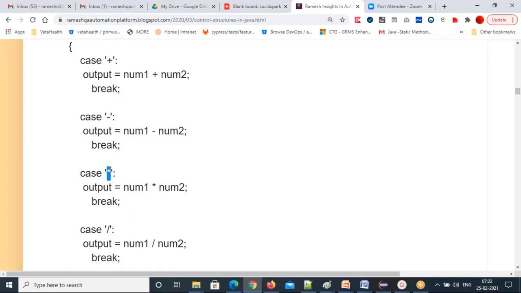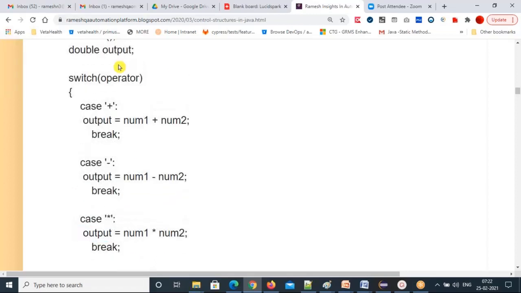It will check whether the given operator is a multiplication or not. If it is a multiplication, this code will execute, and that output will be stored in this output variable, because I declared it here. Again, declaration of the variable I'm doing, later I'm assigning a value to that variable. Please catch here how to declare a variable, how to assign a value to that,